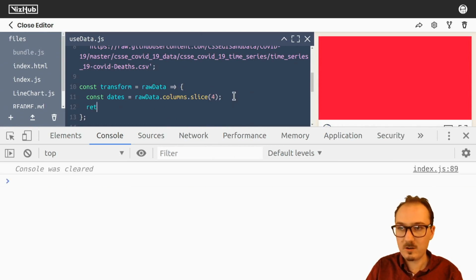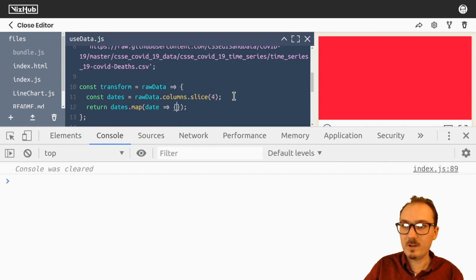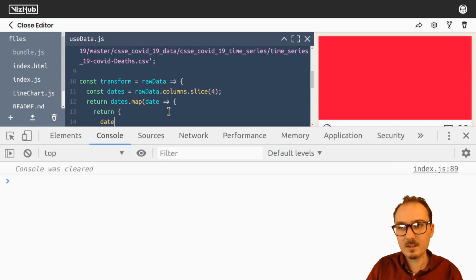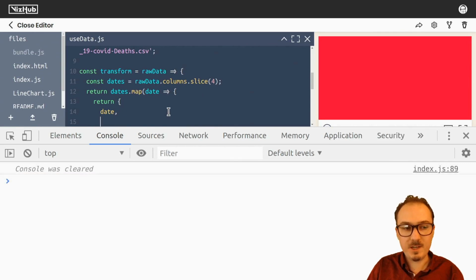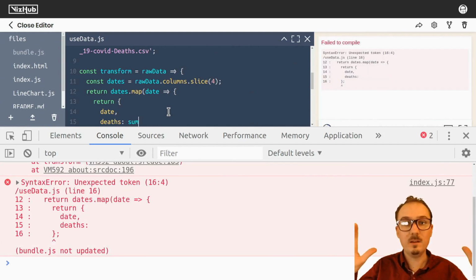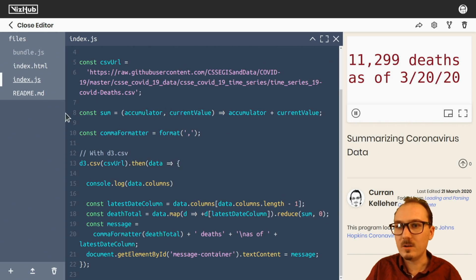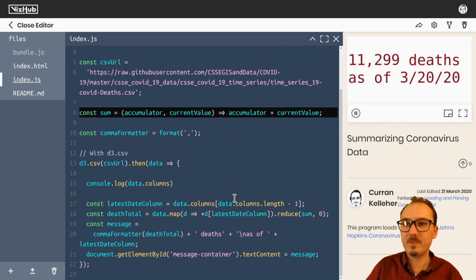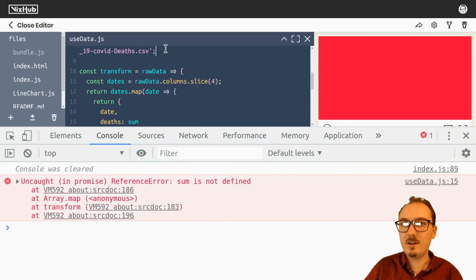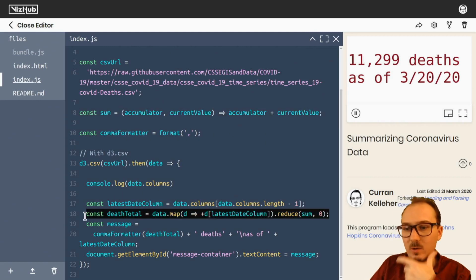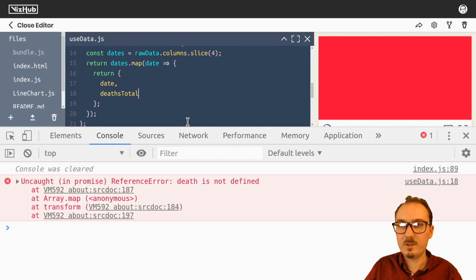So we can do dates. So what we want to do is say return dates.map, function that takes as input a date. And we're going to want to return an object that just, let's keep it simple, let's keep the date and the number of deaths, which I'll call deaths. And the deaths is going to be the sum. This is where we need to bring in the sum that we had working earlier. So we used array.reduce. And so I'm going to take this sum function, paste it here, so we have it available. And then I'm going to take this whole definition of death total. I'll return that as part of the